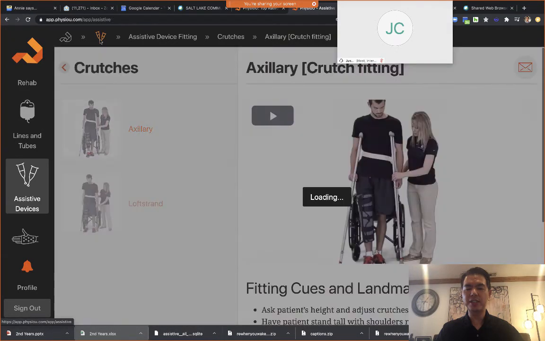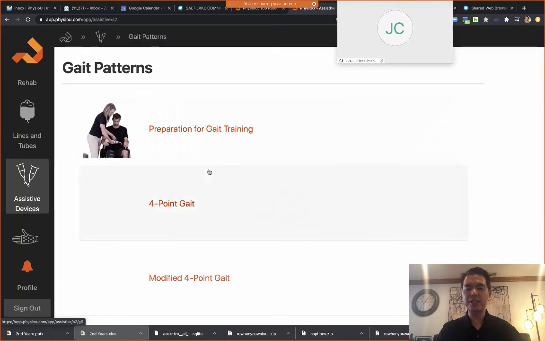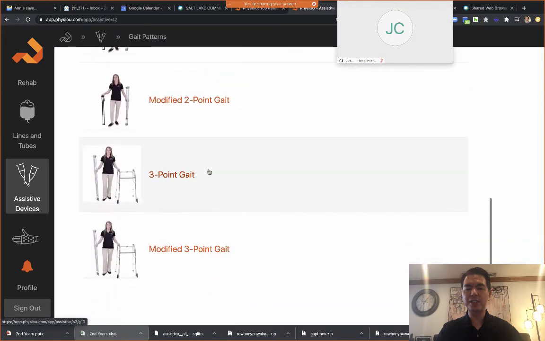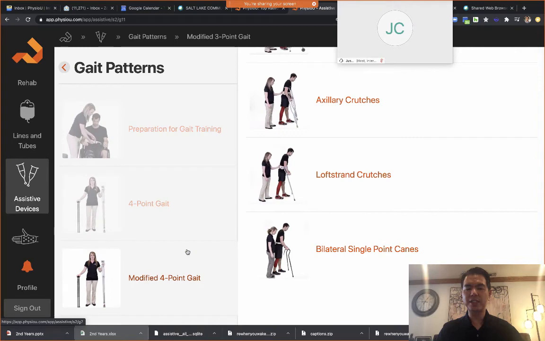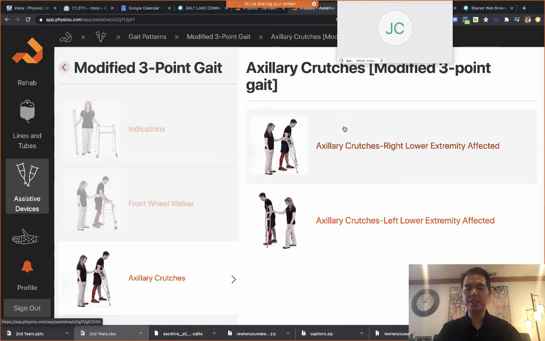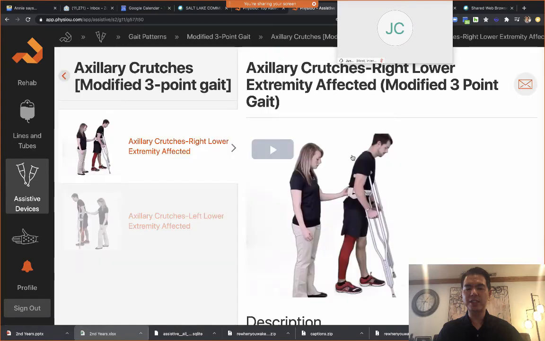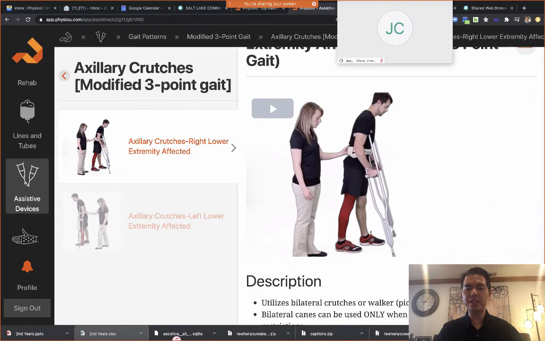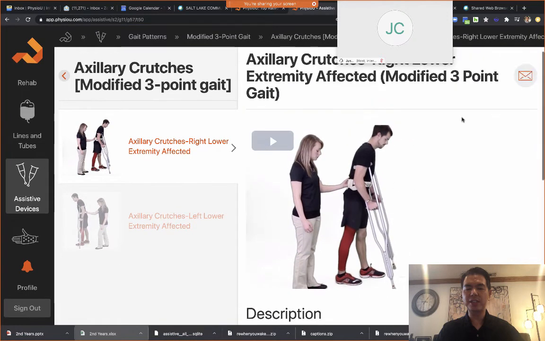Oh, I don't know what type of gait pattern to use. That's perfect because PhysioU has filmed it all for you. Modified 3-point gait, axillary crutches, their right lower extremity affected, and now you can watch a video of how to do the modified 3-point gait pattern. And you can show this to your patient and email it to them as part of your education.